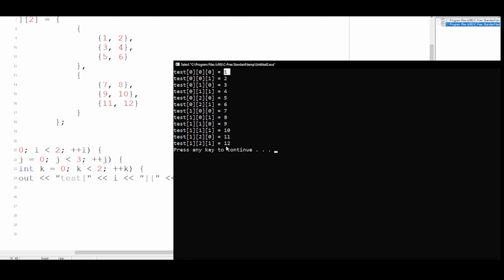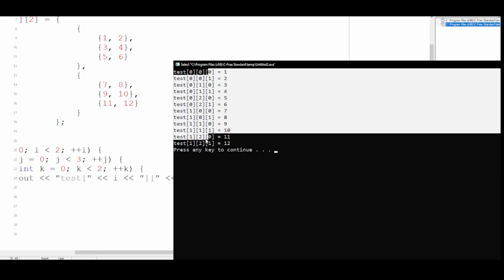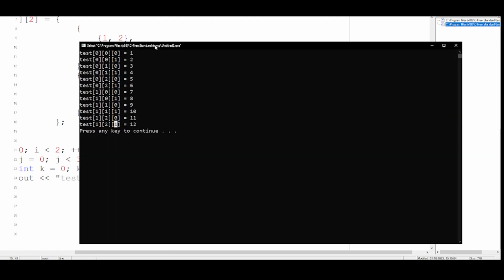So it's from 1 to 12. And this format is also the same, just one extra loop is getting added. So that is the thing you have to understand about 2-dimensional arrays and 3-dimensional arrays. You will use 2-dimensional arrays a lot when you compare them with 3-dimensional arrays. So the 2-dimensional array is the most important.